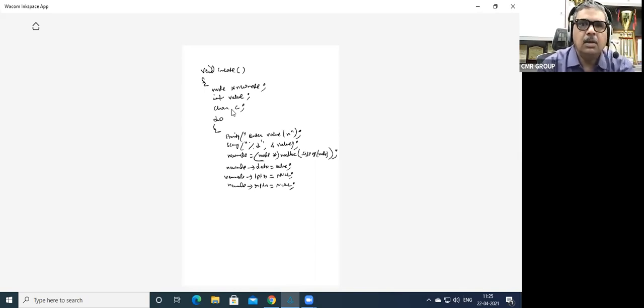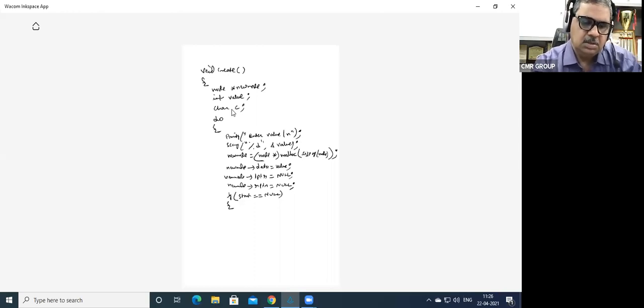Now you have to first check whether it is the first node or not. So if start is equal to null, it is the first node. What is the first node logic?